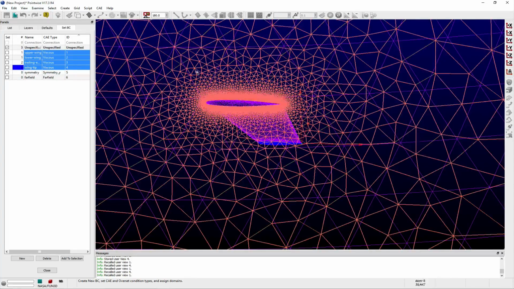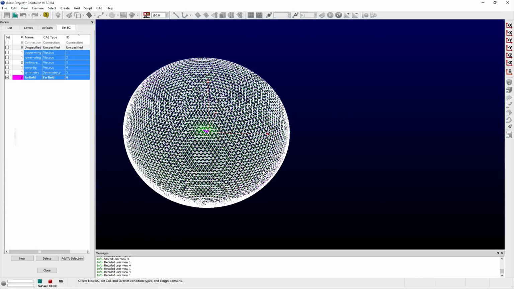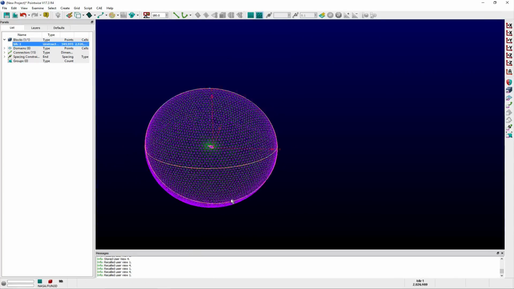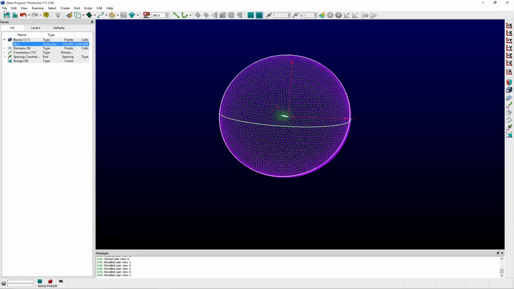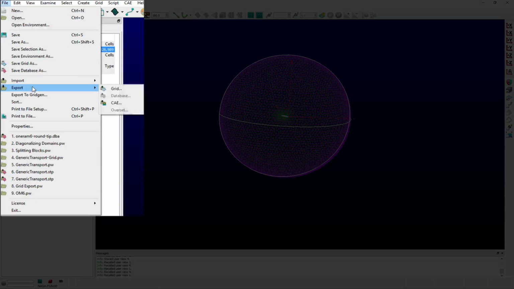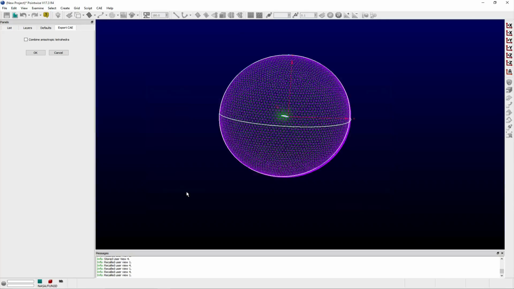Finally, you can export the mesh using the CAE solver-specific grid file format by selecting the block from either the list panel or display window, and then from the File menu, choosing the Export CAE option. An Open Save dialog window appears where you can name and browse to the location where you want to save the grid files. Once you specify a file base name and click Save, the Export CAE panel opens where you